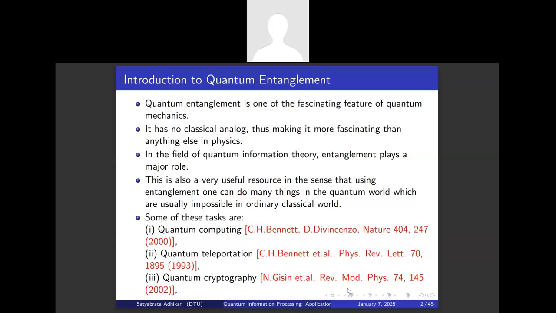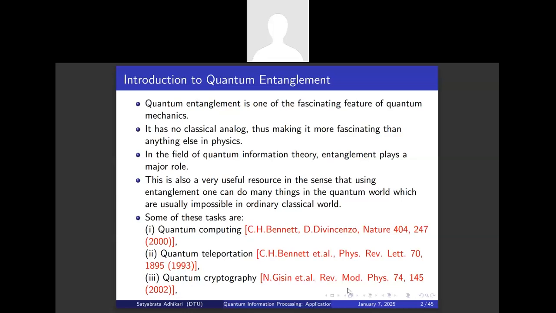If we encode some information in a quantum state, and then would like to send this quantum state to some other place using only classical resources, then we find that the quantum information contained in the state that can be sent is only 2 by 3. That means approximately 66.6%. So now the question is, can we do better if we use quantum mechanics? Yes, the answer is yes, we can do better if we use an entangled state, which is the